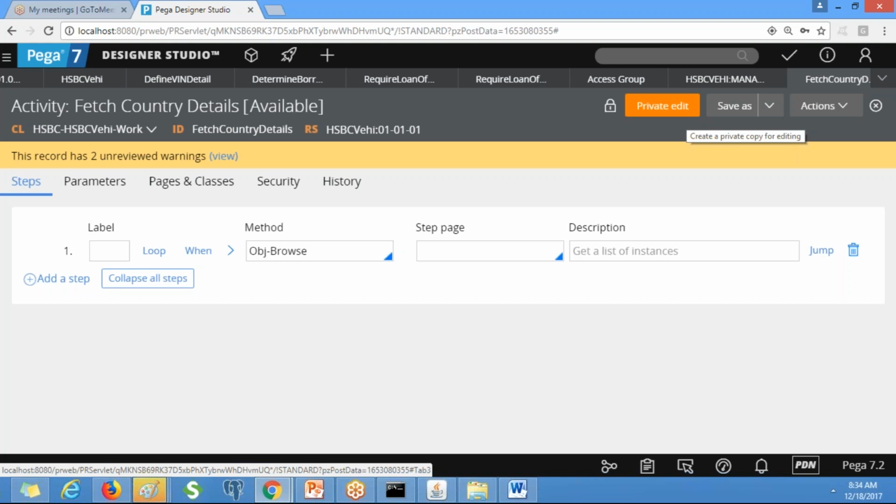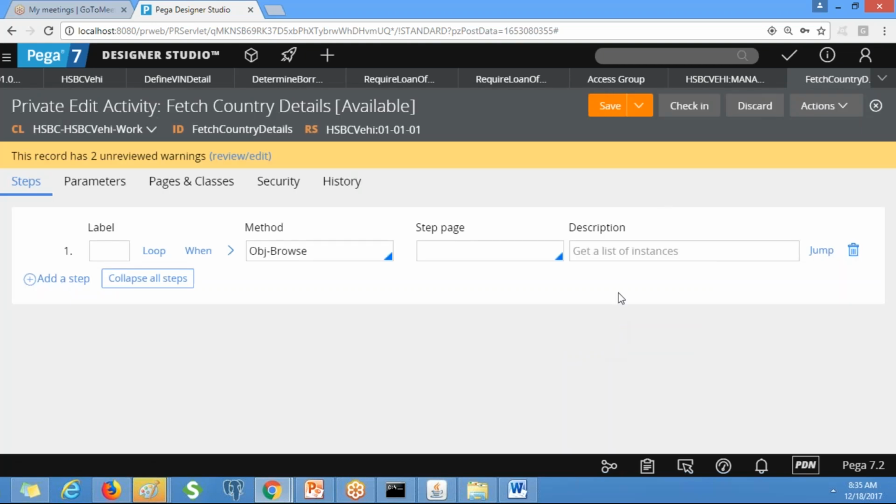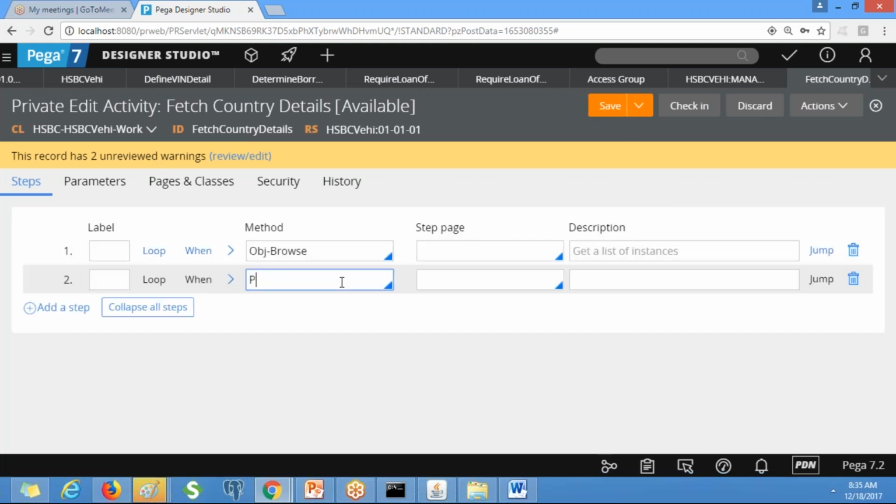But I am going to work on some simple functionality, so we can check that functionality in this rule itself, how it is working. So I will click on private edit. When we click on private edit, it will be copied to your personal rule set. So I will do some changes.